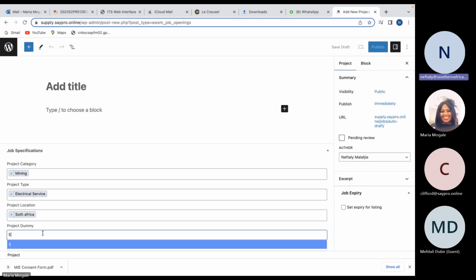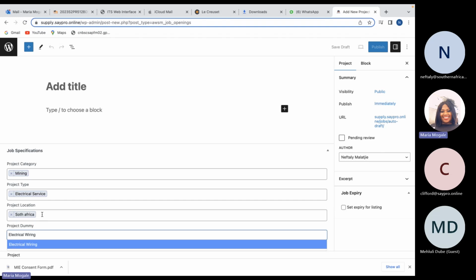What information do you need for the form? Sorry, can you repeat that? The information you need for that section. Remember the dummy section.